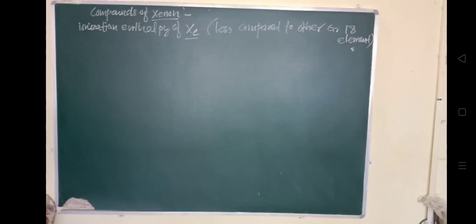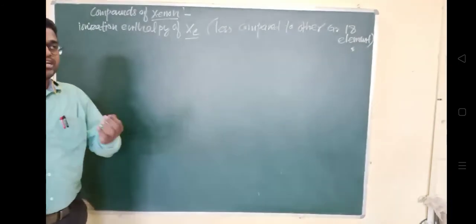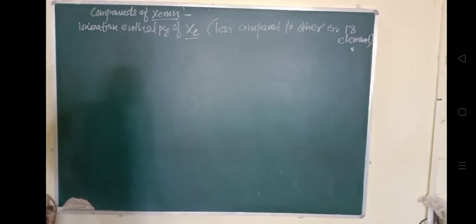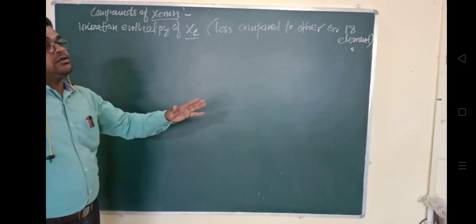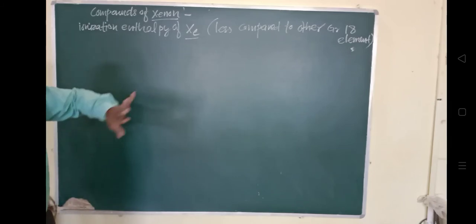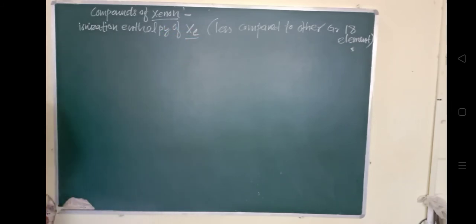The first ionization potential decreases down the group, hence heavier noble gases like krypton, xenon, radon can form compounds due to low ionization enthalpy. जैसे मैंने आपको बोला कि krypton देखो, xenon देखो और last वाला radon देखो. These are having low ionization enthalpy as compared to other group 18 elements, and that's the reason they form compounds with other elements. समझ में आया? क्वेश्चन ऐसे कभी पूछ सकते हैं.